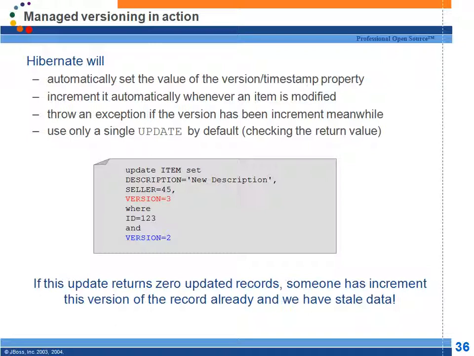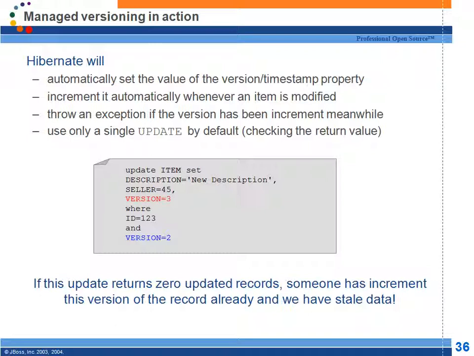Use only a single update by default. Whenever it is firing an update, the update query will look like this. It is comparing the version in the object here, where version equals this, which is the version in the object, right? This is the incremented version, it will try to increment it. If this condition is satisfied, then only the update is fired. Anything else?